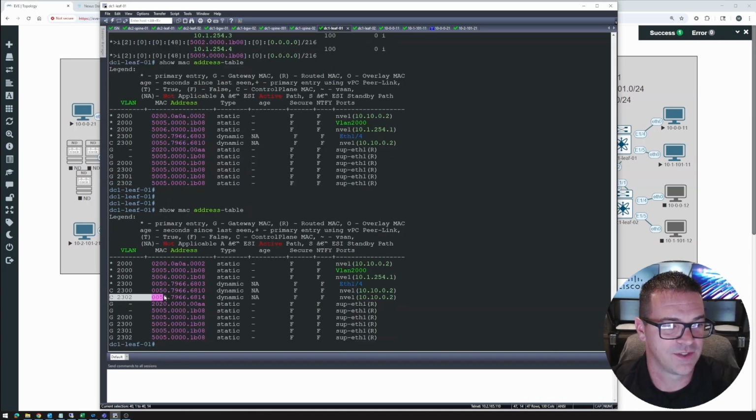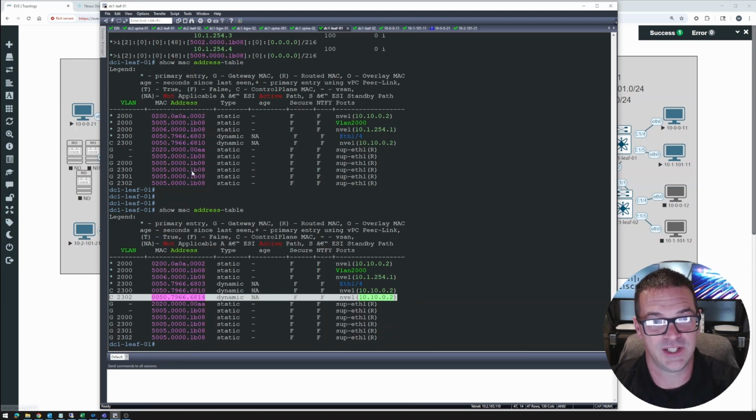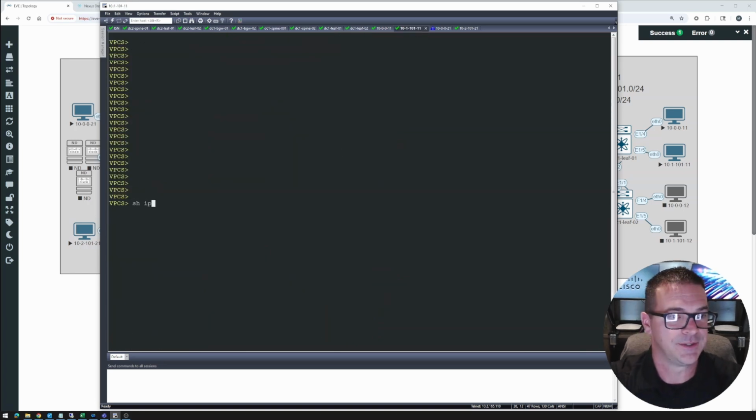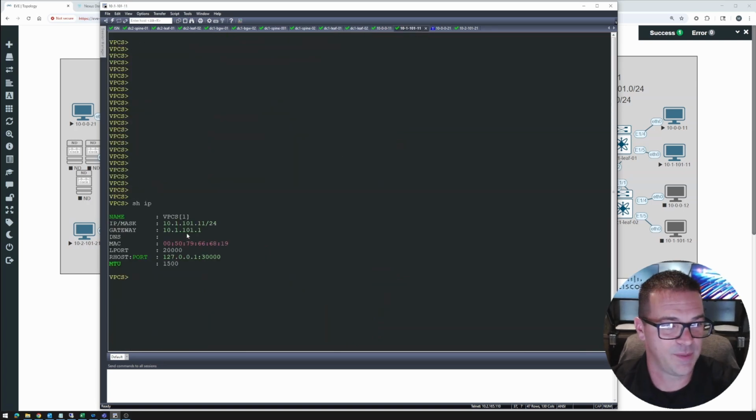Okay, perfect. So we can see that a minute ago it wasn't there because I had powered on the machine and we put the IP address on it. So now we can see we have an entry. It's learning it through our local border gateway over the ISN from DC2. So the question here now is for this end host, 10.1.101.11. All right, so we've got an IP address with our default gateway. The question is, can we ping